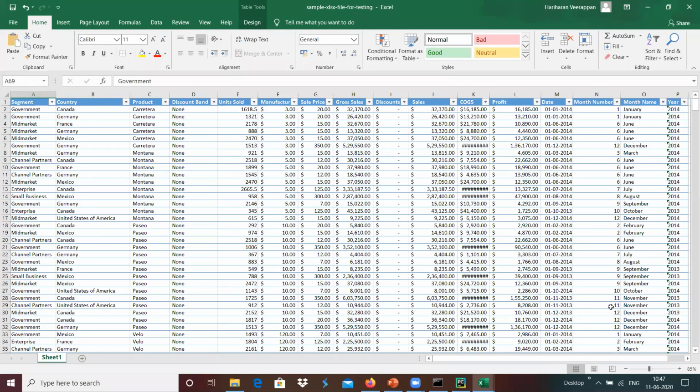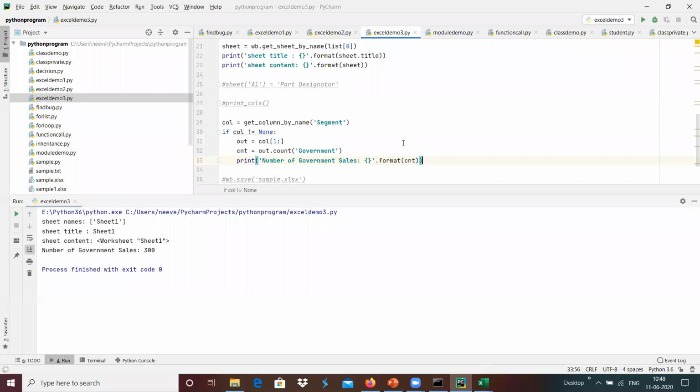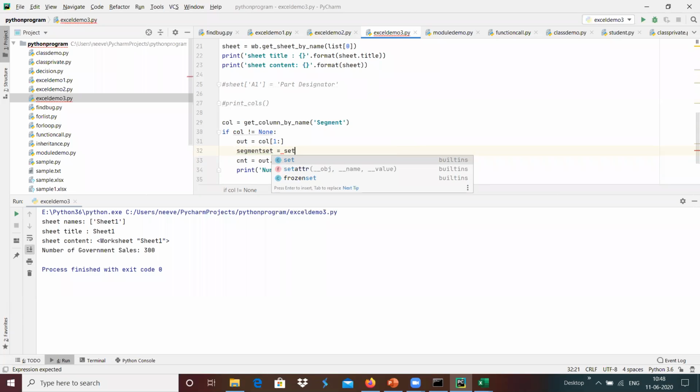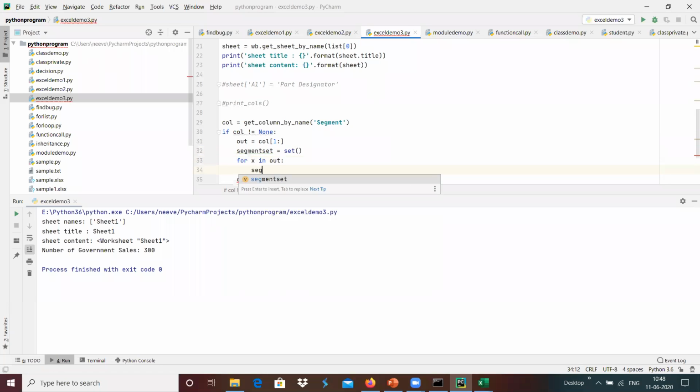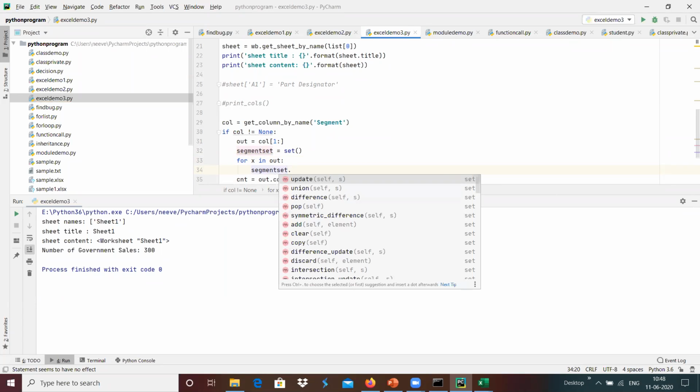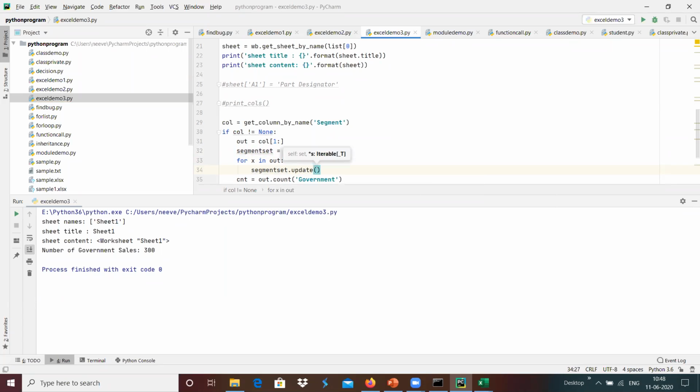For example, I'm going to create a set over here. I'm going to create segment set equals set of, which creates an empty set, and from this I'm going to do for x in out, segment set dot append of the value x over here.